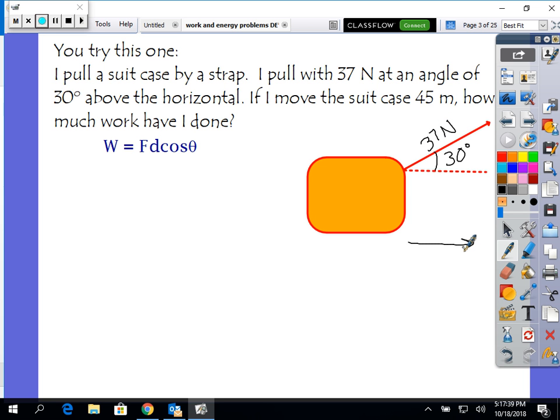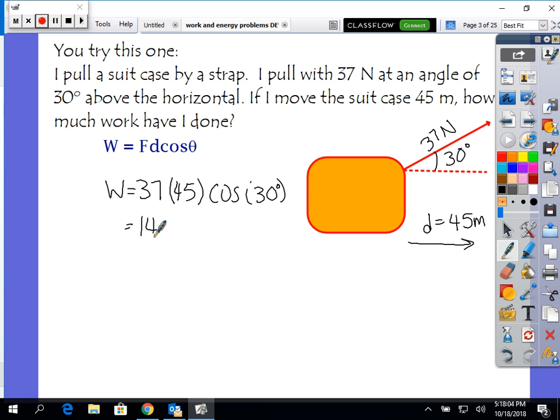And the displacement is 45 meters. So if I calculate, the work is going to be 37 newtons times 45 meters times cosine of 30 degrees. And if I plug that in, I get 1,400